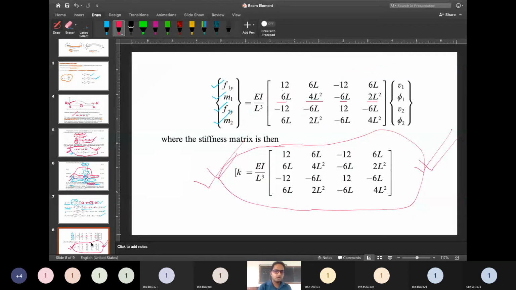Once you do it on your own using your notebook and pen, then you will find it easier. For your practice, I will upload the lecture video to your Canvas. I am uploading it regularly. You can cross check your Canvas, and today you practice both the derivations, derivation for truss and derivation for this beam element. One more lecture we will have on Saturday. If you are having any issue or confusion on any step, I will clarify on Saturday class. Okay. So that's all from my side. If you have any question, you can now ask me.